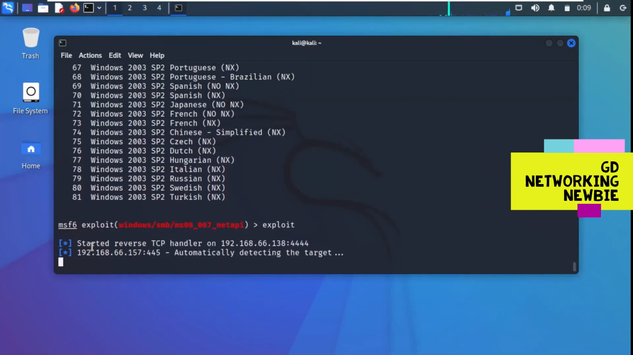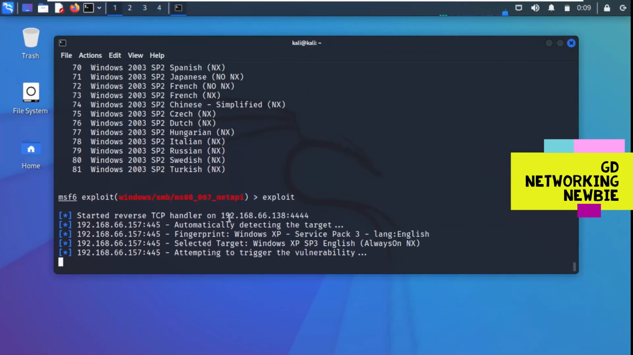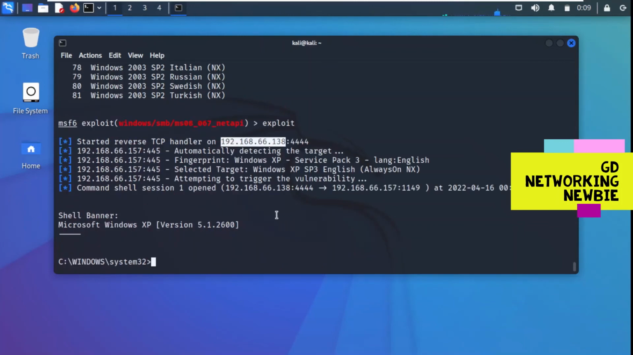And now you can see here it started a reverse TCP handler on this. So this is our attacking machine, the Kali Linux machine. And now you can see here it is automatically detecting the target. So this is the option we selected. And then it says fingerprint: Windows XP is the target machine, service pack 3, language English. And then we have selected this target, and then attempting to trigger the vulnerability, and finally we can see that